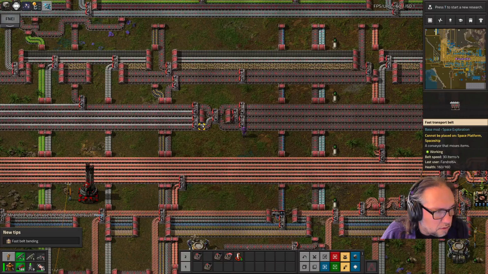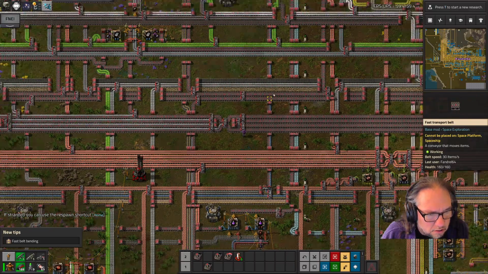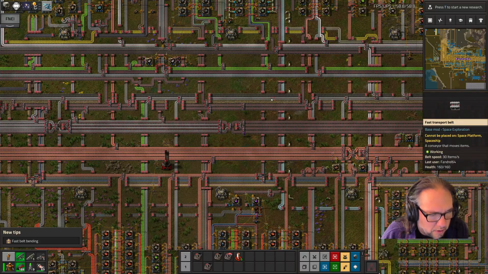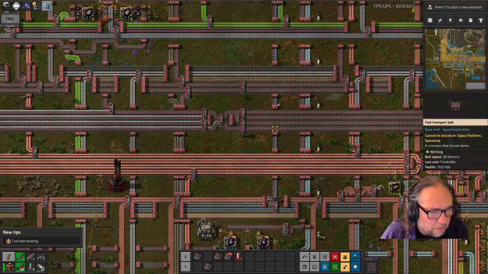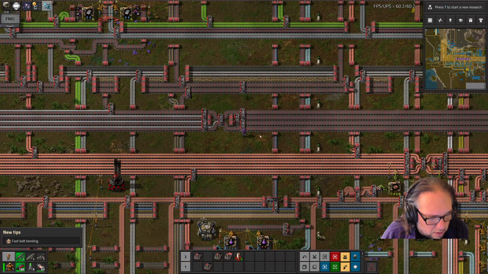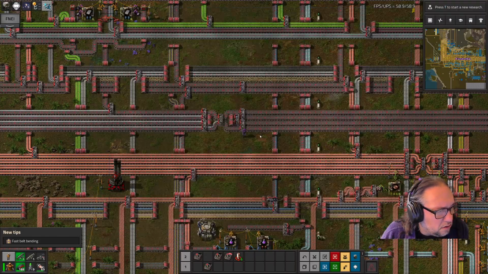It looks like we're low on iron, probably low on steel. I would say that's what that is. Probably because our train is out of fuel, so that's why we're not getting any iron. That makes a lot of sense, doesn't it? All right. Well, I think that before we